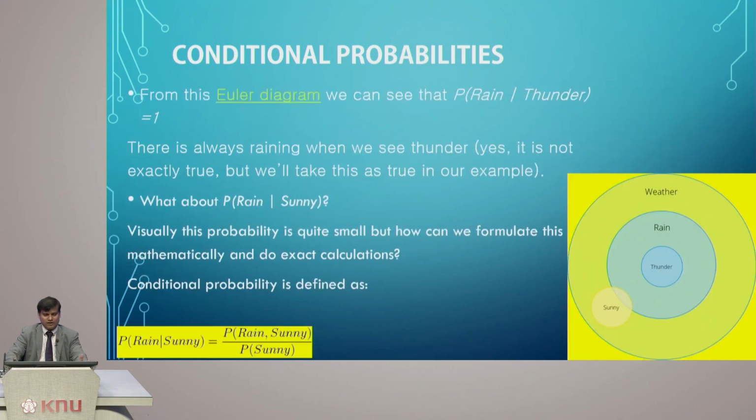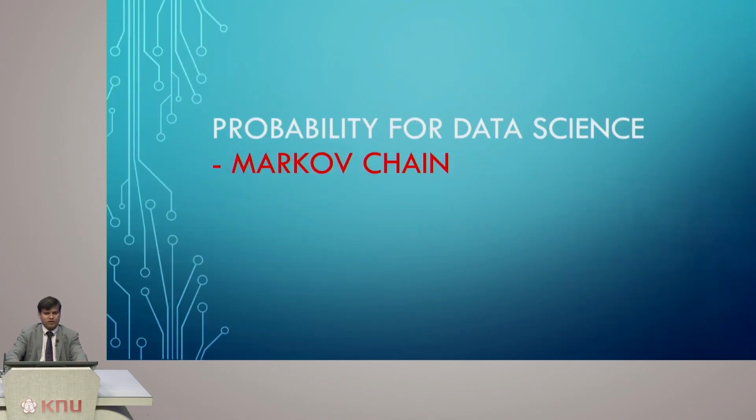Yes, in the real world there are lots of applications of conditional probability. You can think about it. There are a lot of other things that we are going to cover, especially with regard to probability and statistics in data science. Today I just want to give you a brief overview of conditional probability, and let's move on further to the Markov chain process.